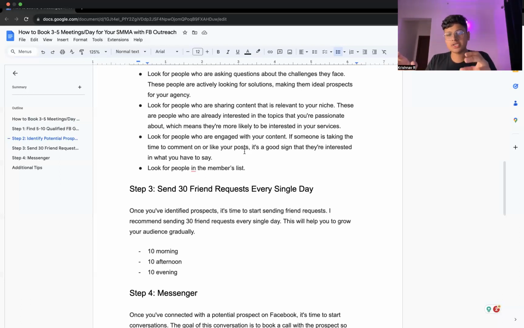So if someone is asking a question, you can reply to their comment, hey, this is how I would do it, or hey, this is the process we follow with our own clients inside my agency, right? And just add value without asking anything in return. That's super important: do not ask for anything in return publicly in the group, because people can catch that from a mile away, and we don't want that, right?